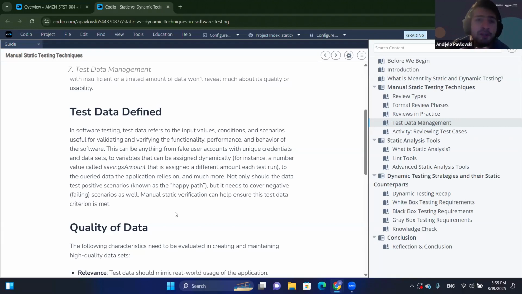So you want to have all of these bundled and ready for testing. Now, what you can do with static testing is you can actually make sure that the criterion for this test data is met. So do you have valid testing accounts? Most often than not, this is an issue if preparation is not done ahead of time. So generating them via an SQL or depending on the system that you're using, these valid credentials and invalid credential